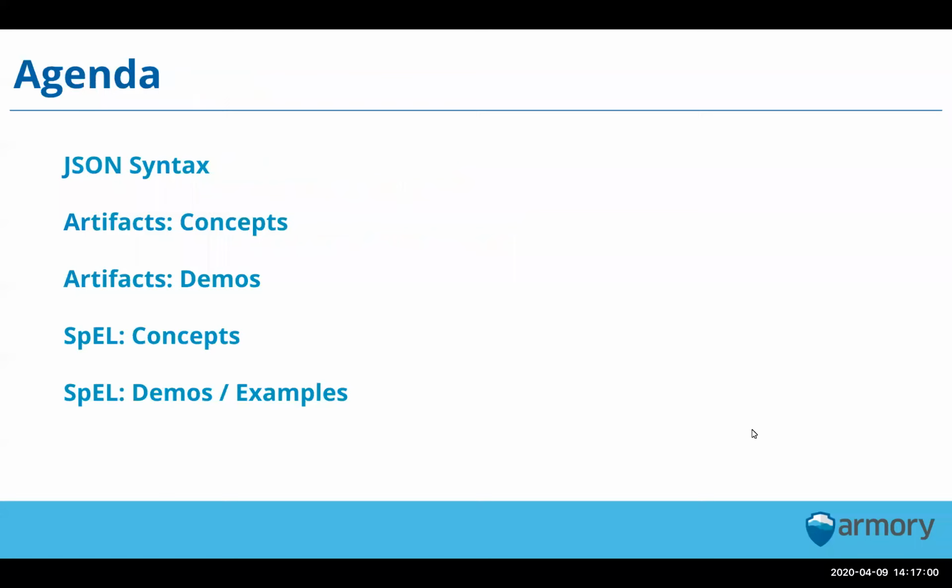So the agenda for this session is, I'm going to do a quick introduction to JSON. I know probably most everybody's familiar with JSON at a high level, and probably pretty familiar at a very deep level, but it always helps to get a quick refresher. The reason is that Spinnaker heavily uses JSON both in the backend and in the UI, and it's very helpful to have a good sense of what works in JSON and what doesn't work,